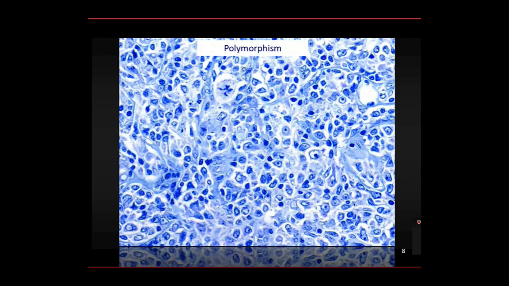The most common morphological pattern that we encounter in diffuse large B-cell lymphoma is the polymorphic, meaning that we have large cells and a diffuse effacement of the tissue, but the morphology of single elements can be variable. It can resemble, like this one, a centroblast, most likely, or can be a little bit more like an immunoblast. Here you see in the periphery the nucleus and the abundant